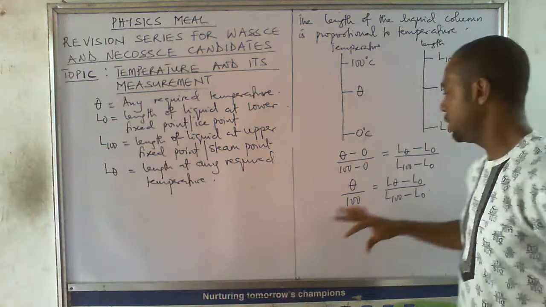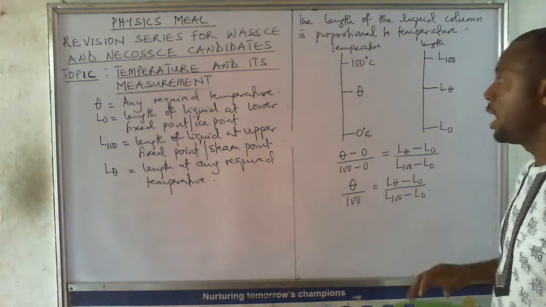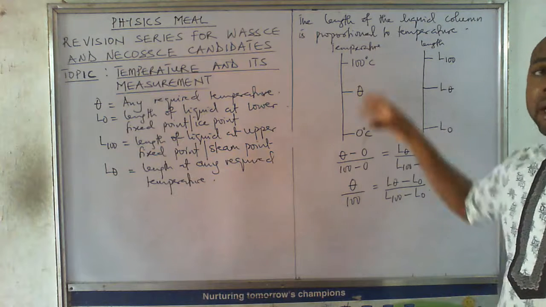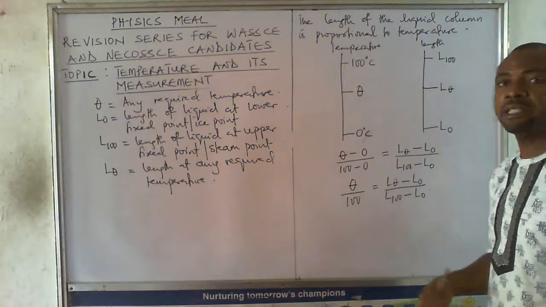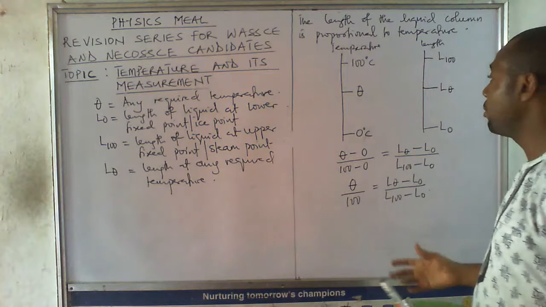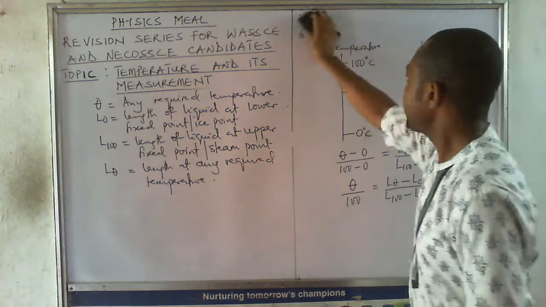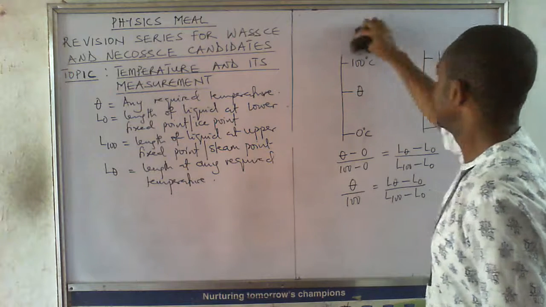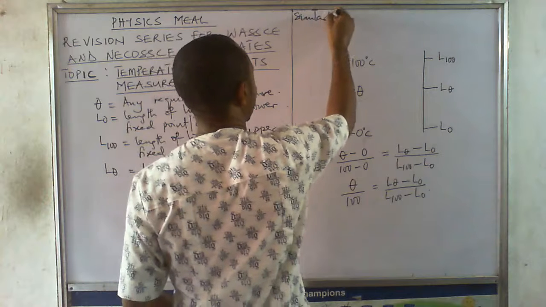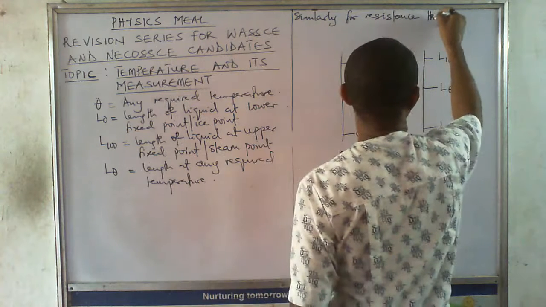So this expression is very, very important. We'll just take note of it because we use it for calculation. Now, the same principle will be applied for resistance thermometer and also for constant gas volume thermometer. We are going to apply the same principle. So similarly, let me say, for resistance thermometer,